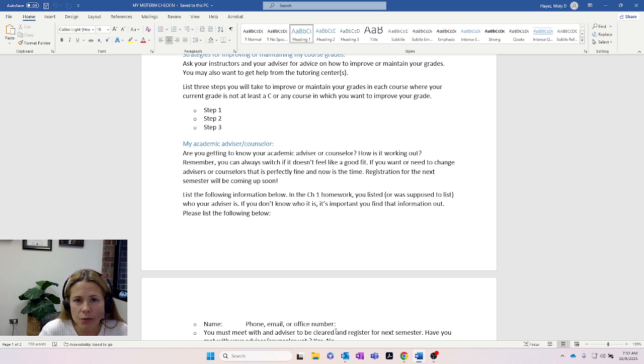We talked about the resources on campus. We talked about our academic plan, time management. We've talked about a lot of things, note taking. How do you annotate notes for lectures and studying? So there's a lot of things that you could think of that you would use as part of your steps to making sure you can improve.